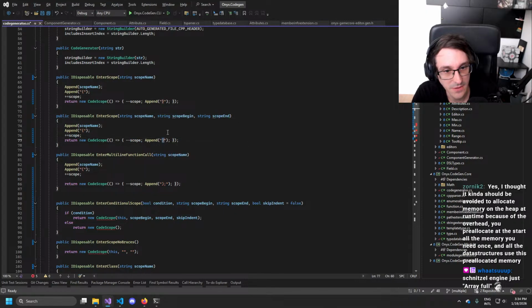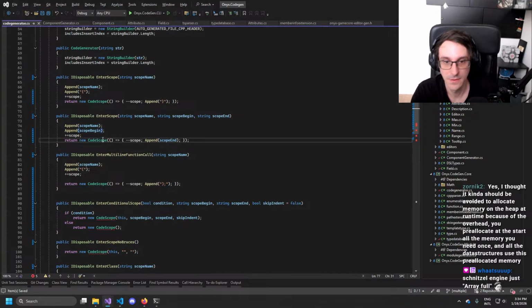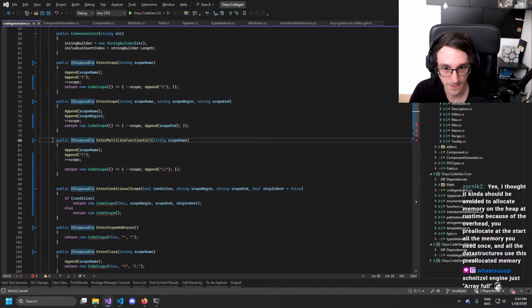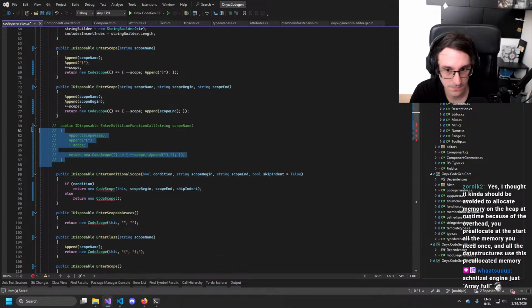Then this is basically the scope end. That is the scope begin. Then I don't think I need that, because I can do that with this one. I think.